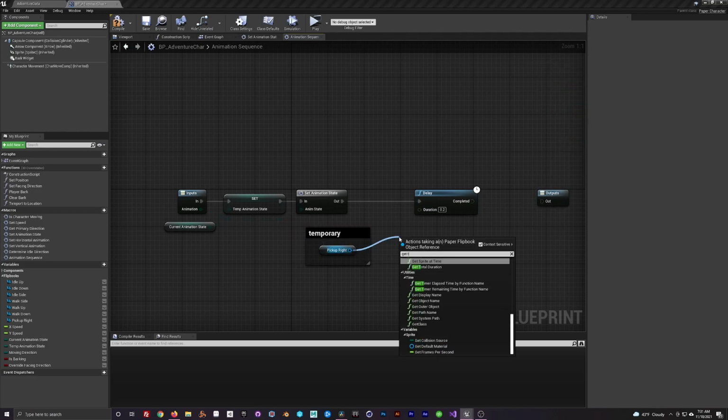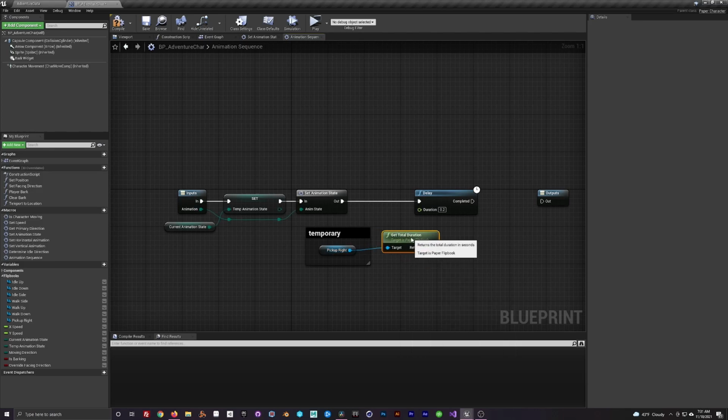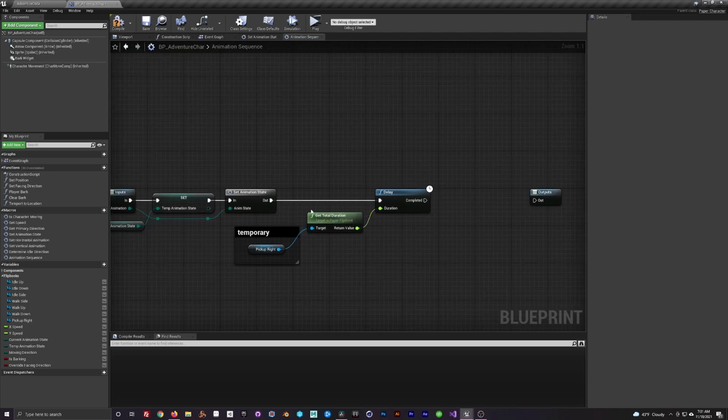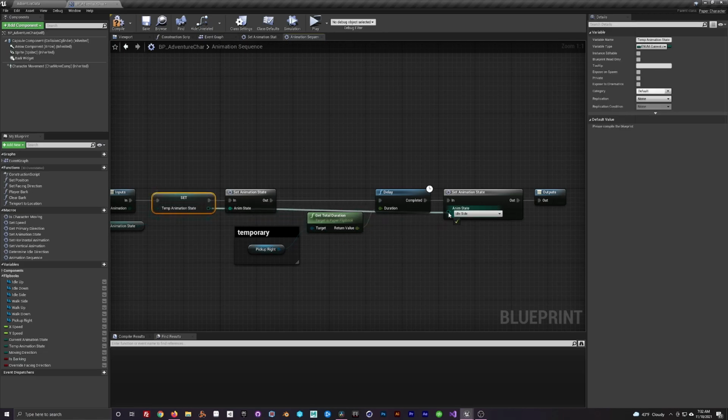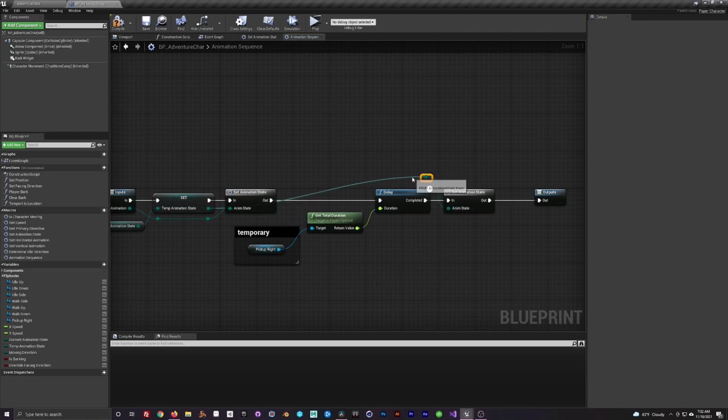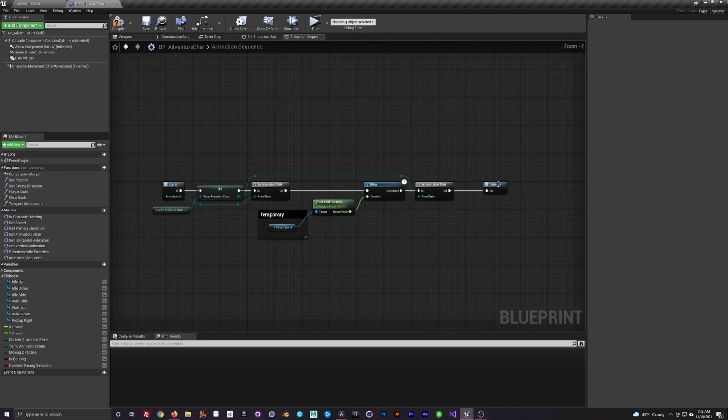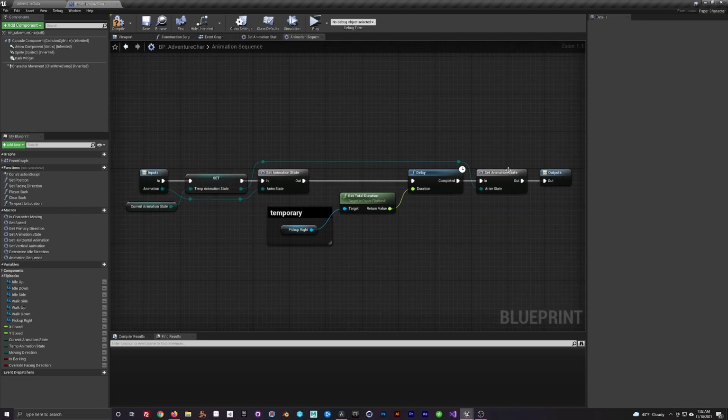So if you drag in the pickup right flipbook, and from that get the total duration, we now have a float that tells us how long the animation runs. So the delay can run the duration of this new animation, and then we set the animation state back to idle or whatever it was before we ran the pickup animation. And then if you compile and save, we are done with that,